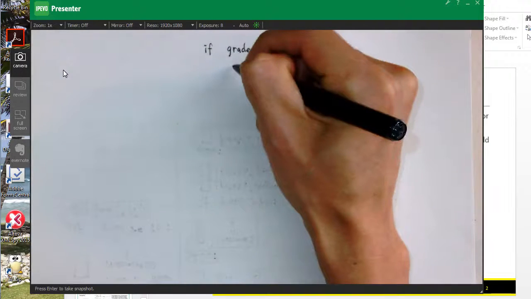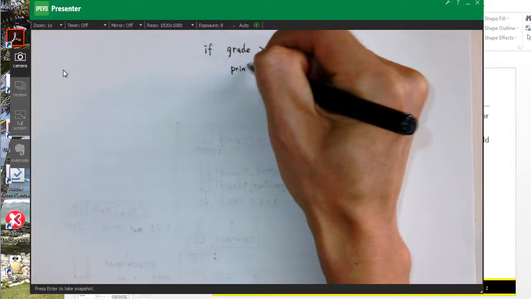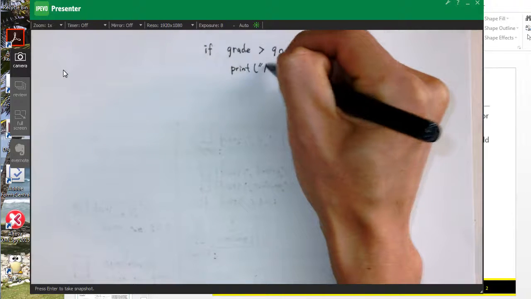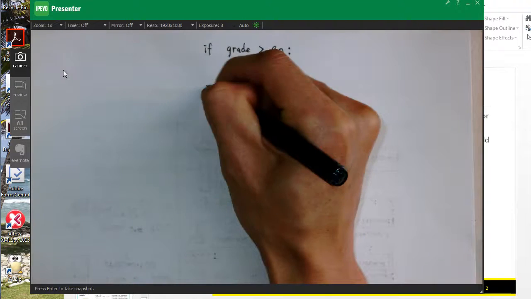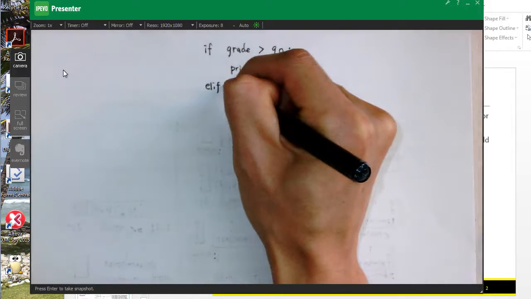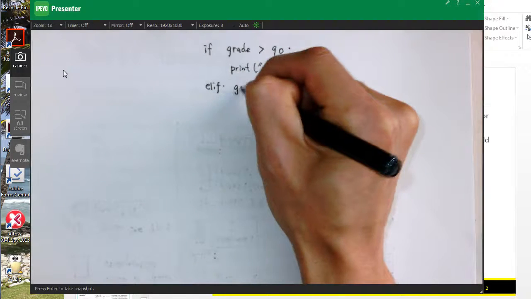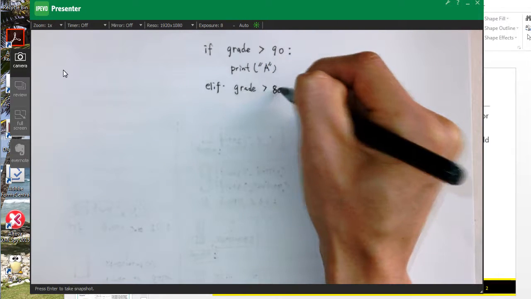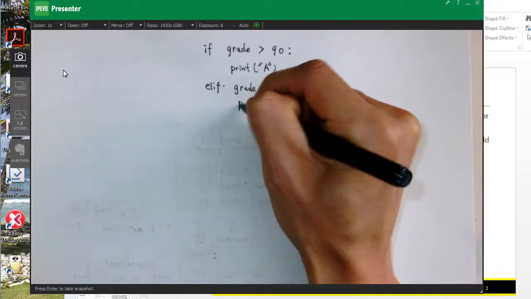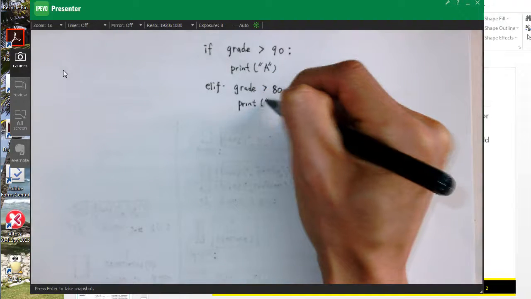And then what? Print, you receive A, right? Else if, elif, if grade is greater than 80, then what? You print, you receive B,